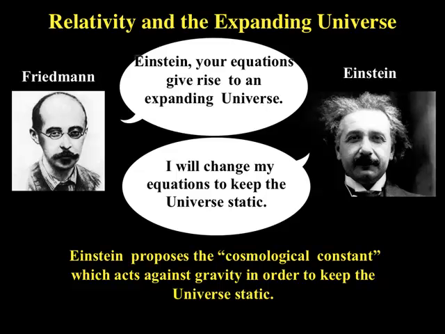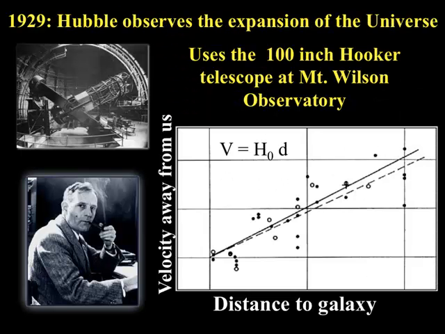He would later say that this was his greatest blunder, the biggest mistake of his career, because not too long after that, in 1929, this same Edwin Hubble, who had access to this very big telescope, was studying galaxies. All these galaxies that he had shown were actually other galaxies in their own right, all these nebulosities in the sky. And he found that when he measured the distance to these galaxies, and he plotted the distance